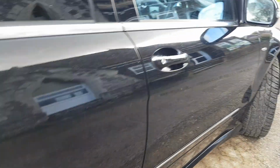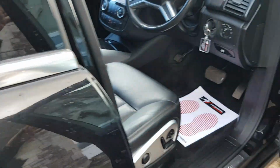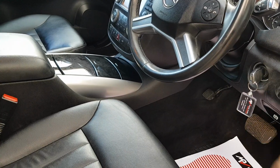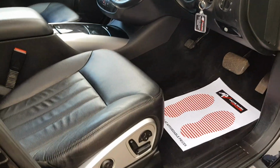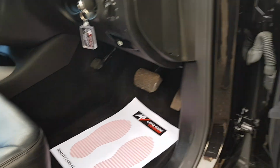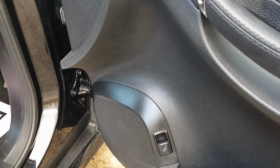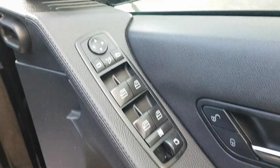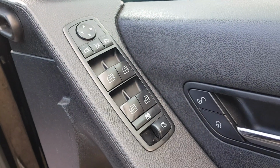Now let's just show you inside. Apologies if I do miss anything on the spec. It has got loads of stuff. Anything from your electric memory seats for driver and the passenger. You've got your electric tailgate as well, so I'll show you that in a second. Four electric windows, folding mirrors,